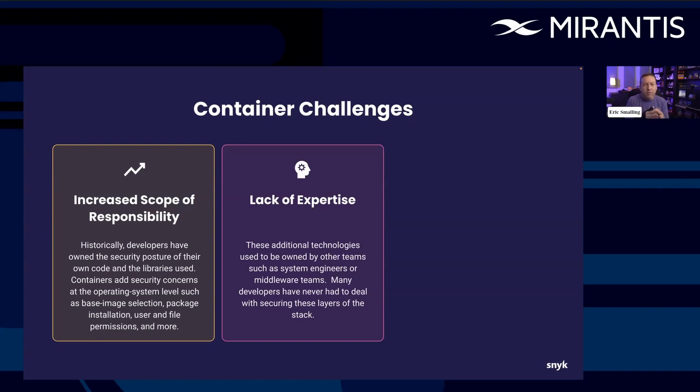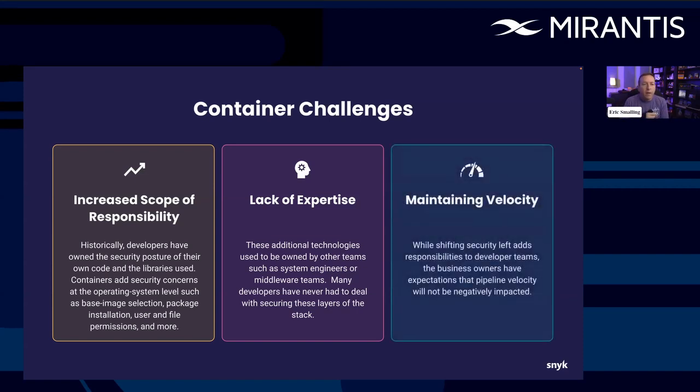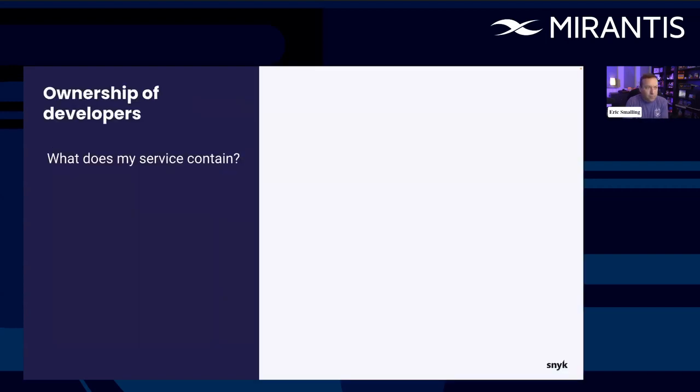And we just haven't, as a whole, had to deal with this as much. On top of all this, of course, the whole reason we've gone to continuous delivery in DevOps practice is velocity. The idea of going from business ideation to production as fast as possible. Any security process or tooling we add needs to not slow that velocity down, because if it does, business is not going to be happy with us, and things might get skipped.